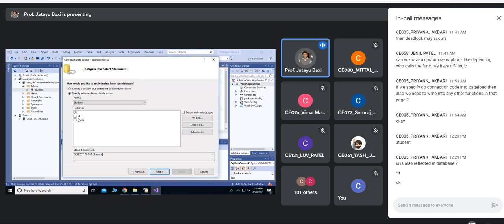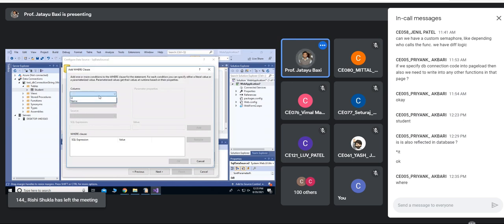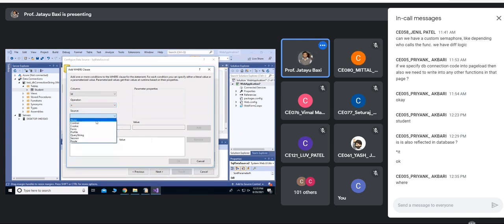What will be my queries? Select star where my ID is equal to the control, and which control?